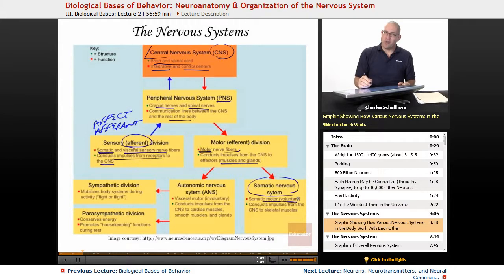But then there's your autonomic. Auto means self-regulatory nervous system. And that's stuff that goes on involuntary, and it's impulses from the central nervous system, the brain and the spinal cord, to the cardiac muscles, the smooth muscles, and the glands. And under autonomic, we've got the sympathetic nervous system, which deals with emergencies, or what we think are emergencies, the fight or flight response.